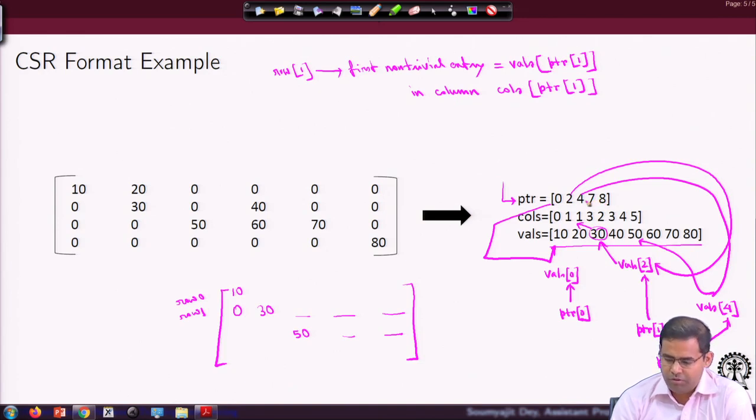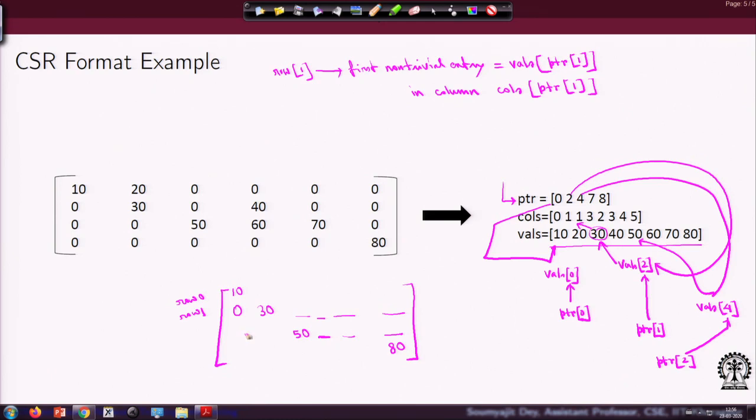And the last one is 8. So, after 4 what do you really have? It is 7. So, go to 7 here: 0 1 2 3 4 5 6 7, it is 80. So, where is 80 located? As it is saying, it is in the 5th position. Well, there will be 2 more positions here, and 80 will come here in the 5th position: 0 1 2 3 4 5.